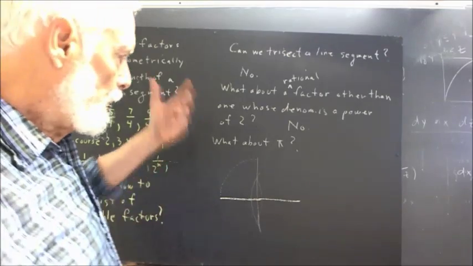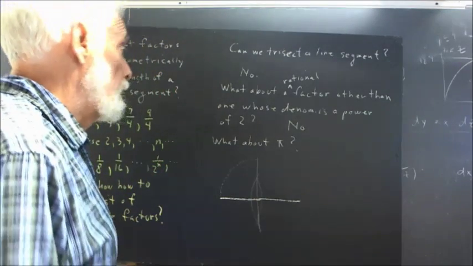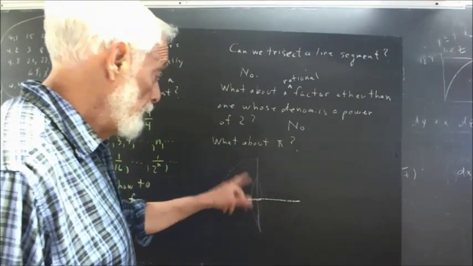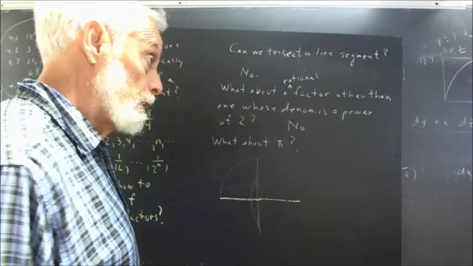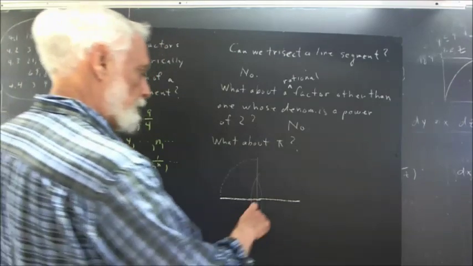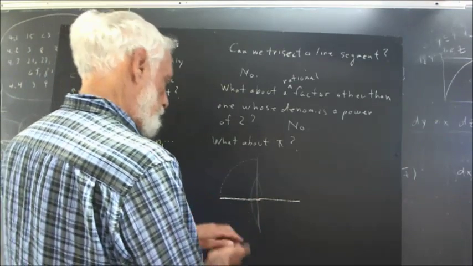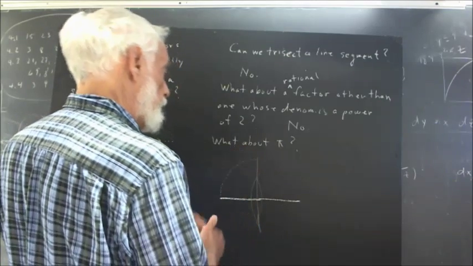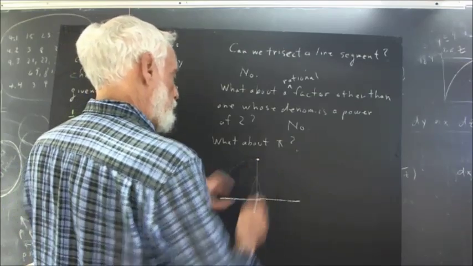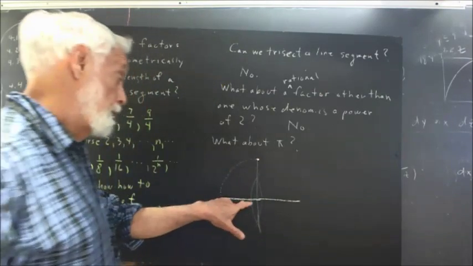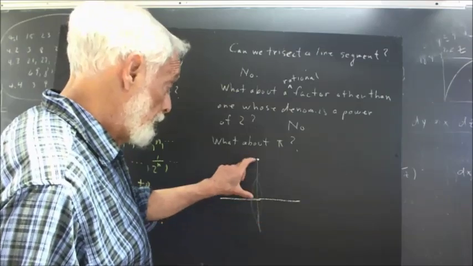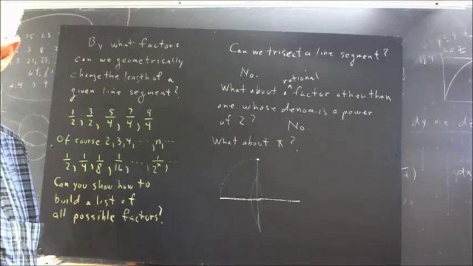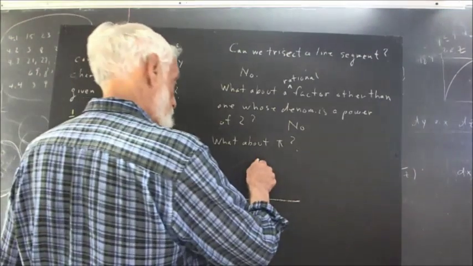I got to give you one example of an irrational factor that we can easily construct. So we start with a line segment, we bisect it, we draw the perpendicular bisector, and then we just put the point of the compass here and the pencil or chalk here and swing an arc around here, and we get a segment perpendicular to the original line of half its length. And if we then use that as a basis for forming a triangle,